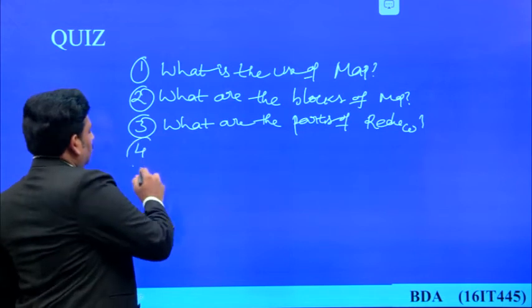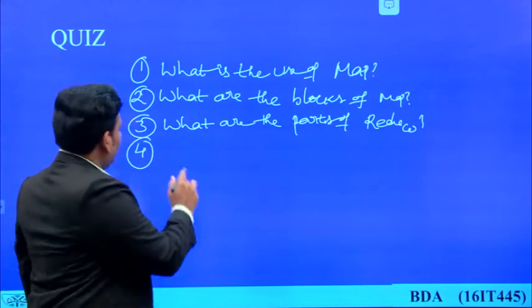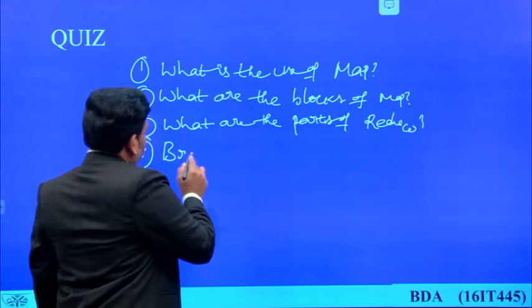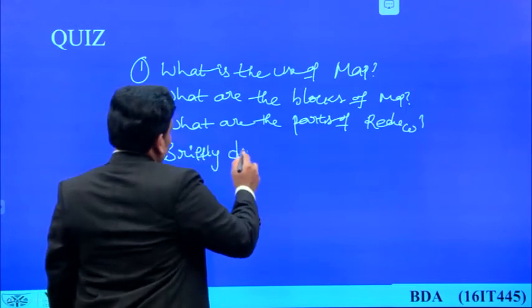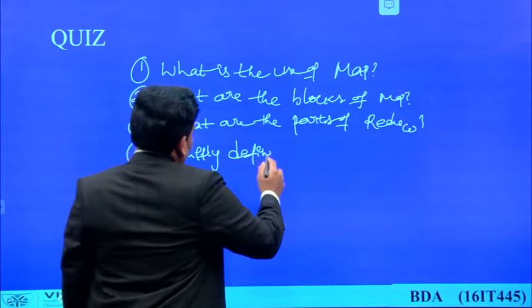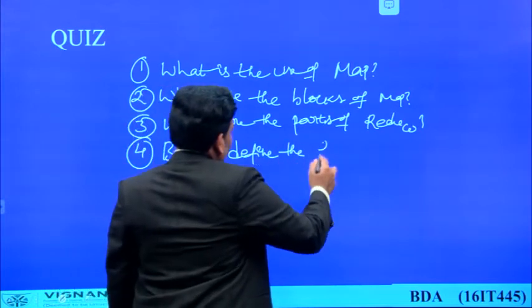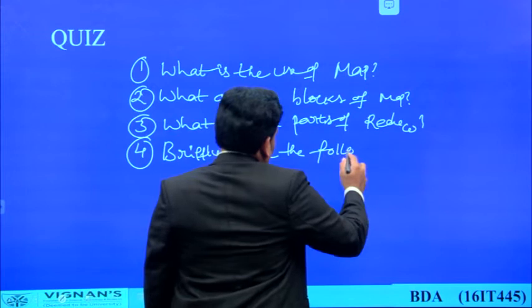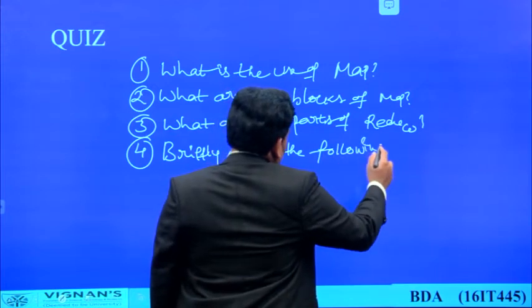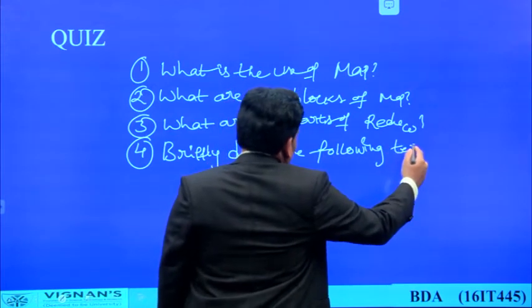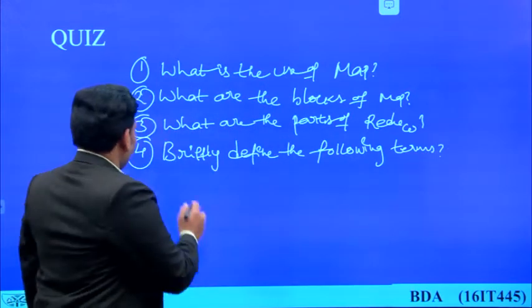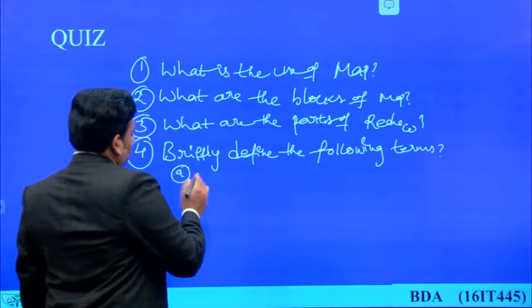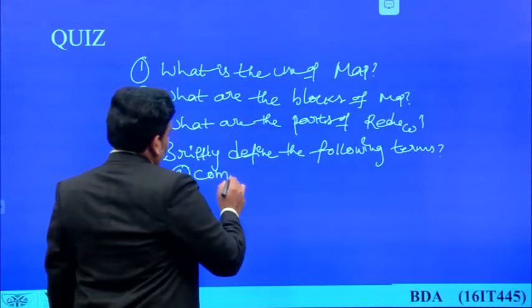The next one, briefly define the following terms. You can define each in a single sentence. They are: what is a compressor?